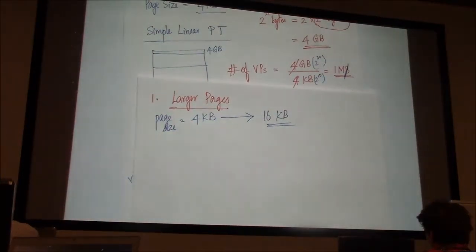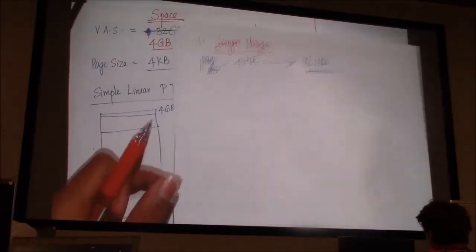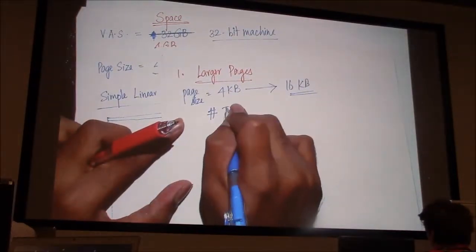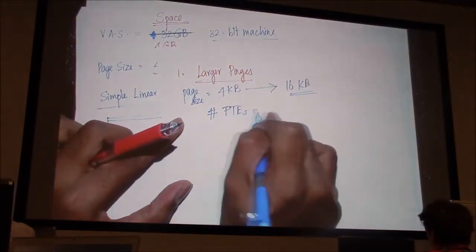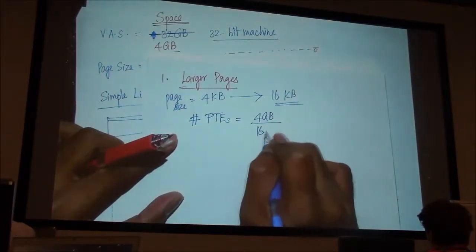Then now we have very big pages, and so the number of page table entries that we need is just 4 GB divided by 16 KB,